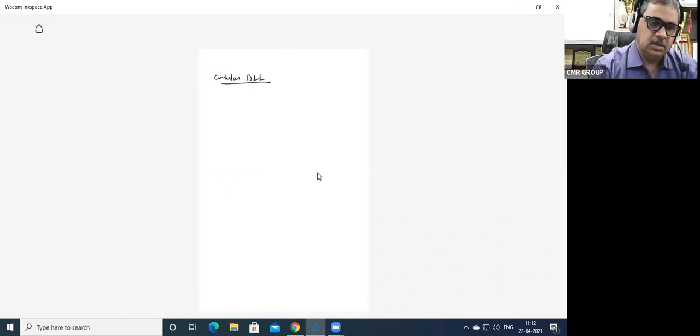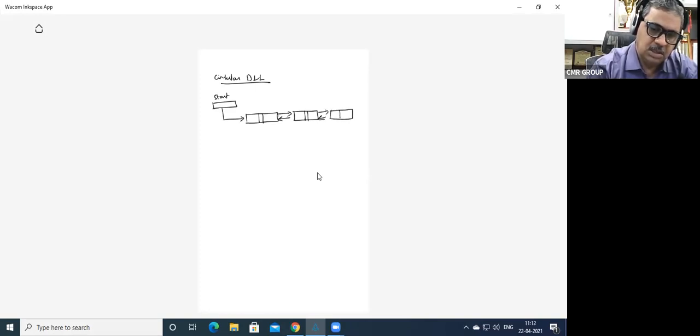Now what is happening here is, this is the start. This is the first node, and this is the second node, and this is the third node, or last node, let us take.